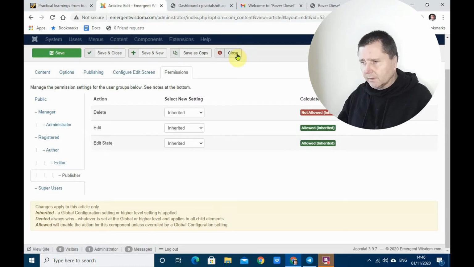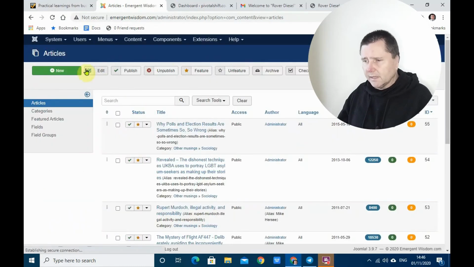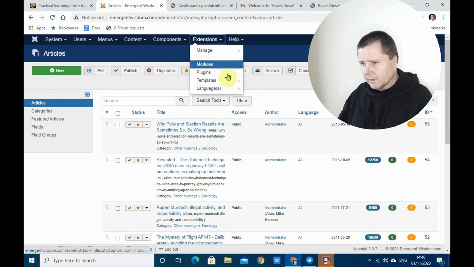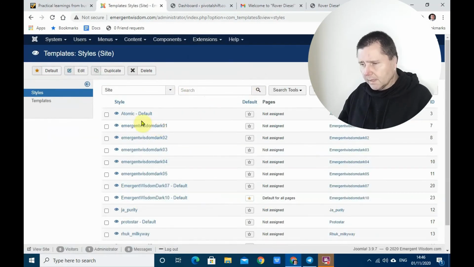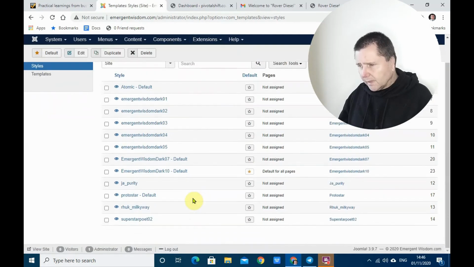Let's go back, let's close that. So I haven't edited anything anyway. And let's go back to extensions, template, styles. Okay. Now, there are some templates that come with this. You can see here Emergent Wisdom Dark 10, that's the default one. Default for all pages, okay? Now, I could change that to, let's say,